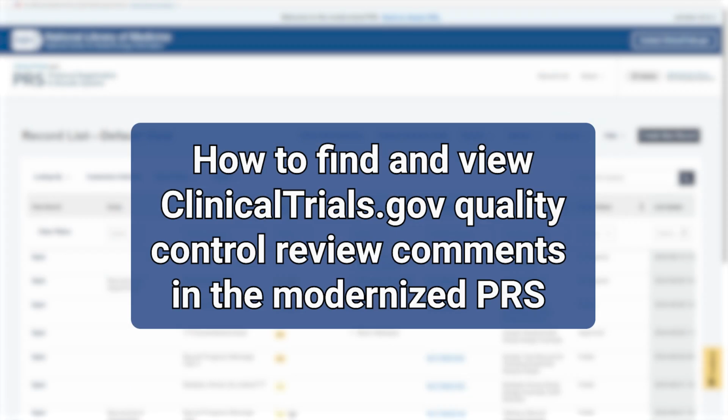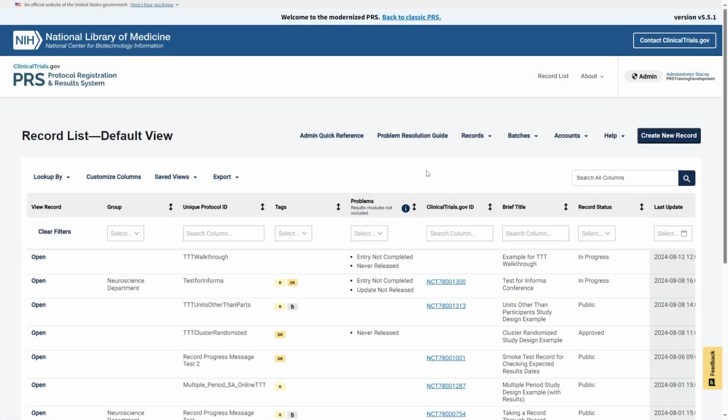How to find and view ClinicalTrials.gov quality control review comments in the Modernized PRS. If you'd like to address comments you've received as part of the ClinicalTrials.gov quality control review process, you can locate